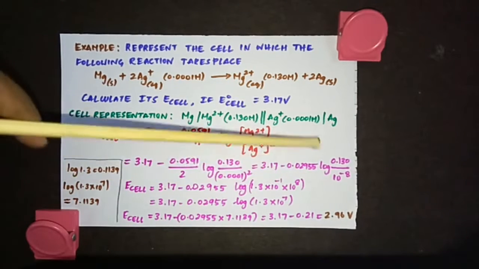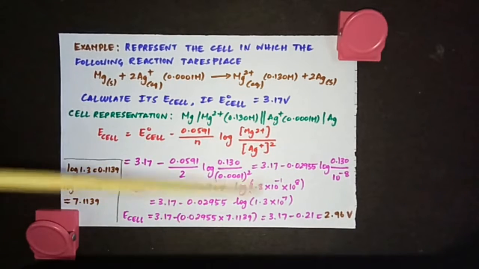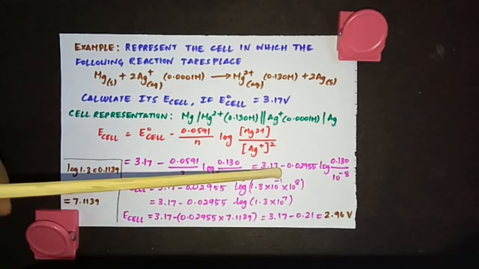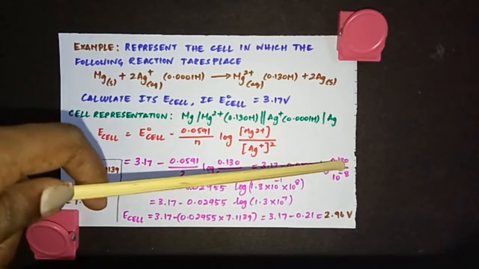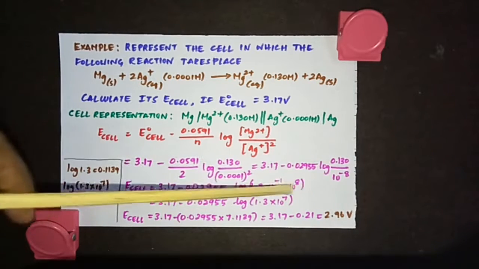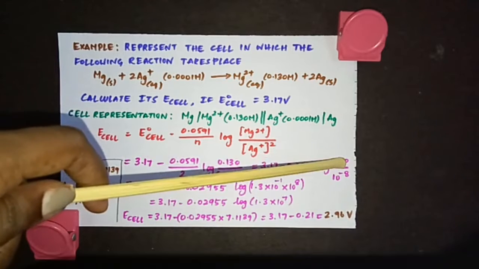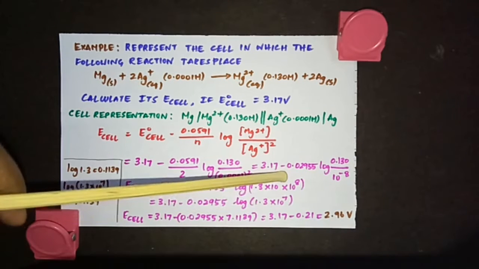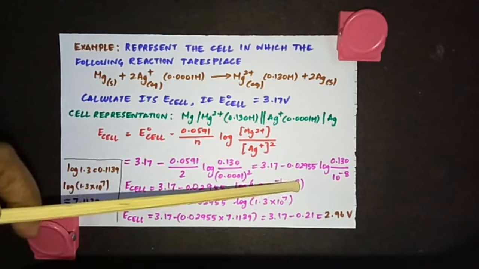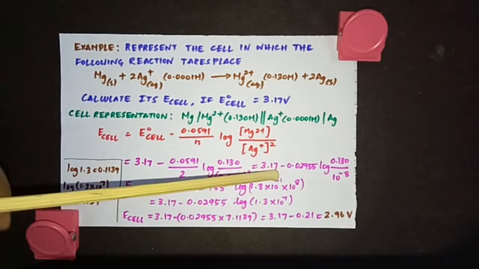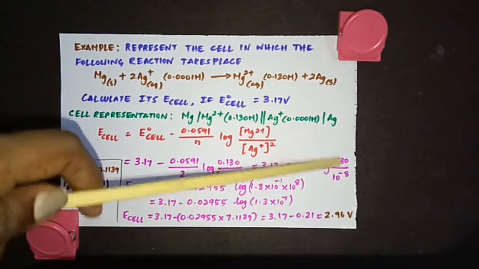Now when you take this log 0.130, this 0.130 can be written as 1.3 into 10 power minus 1, because taking log for 1.3 is easier than 0.130 for doing this calculation. So you're changing this into 1.3. So you're moving this decimal to here. So I'm putting 10 to the power minus 1. Now when you bring this 10 power minus 8 to the numerator, minus will become plus. So you have 1.3 into 10 to the power minus 1. Why did you get minus 1 here? For moving the decimal of this from here to here, into 10 to the power 8.